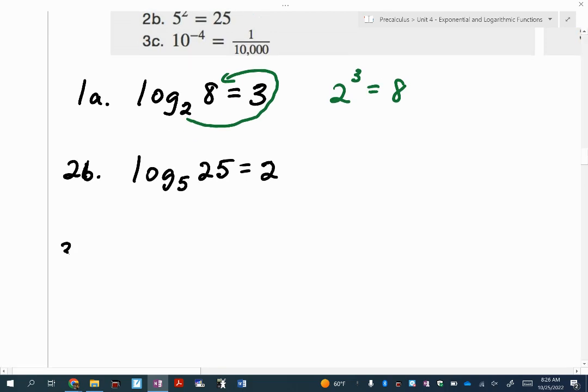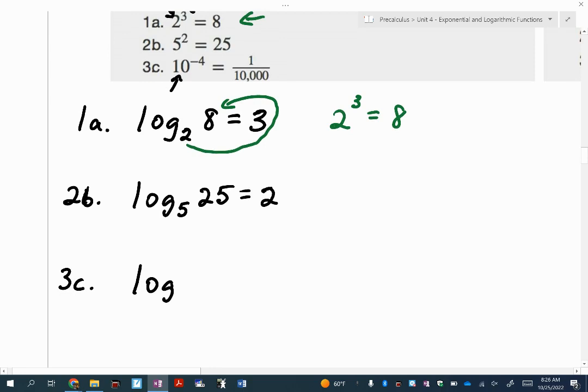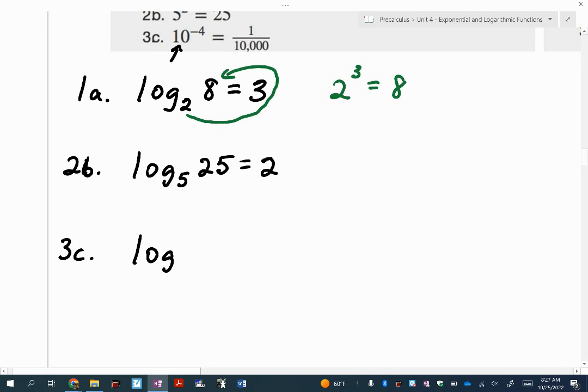Let's try 3c. All right, so we have log. All right, now watch this. This has a base of 10 in 3c. And whenever you do a base 10 logarithm, we'll do this in a moment, they're called common logarithms. So if you look at your phone calculator or any calculator and you just hit the word log, that's assuming a base of 10. And you never need to write it. So if you want to write the base of 10, you can, but I'm not going to write the base of 10. So log of 1 over